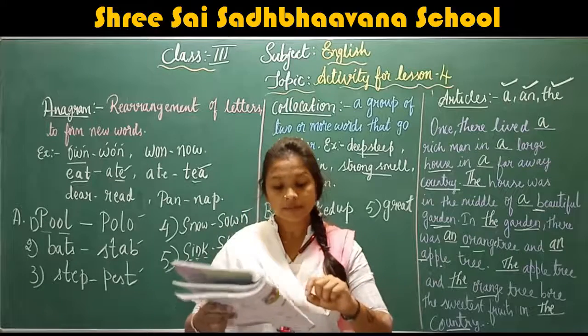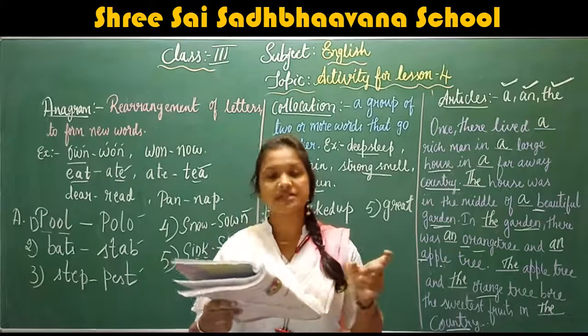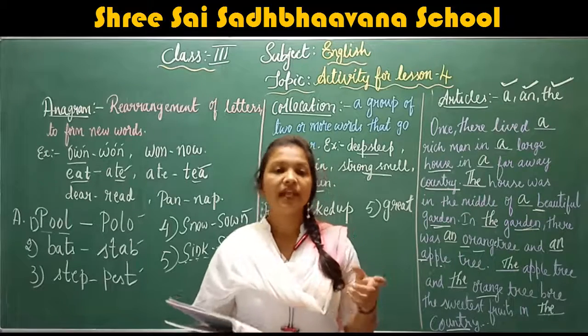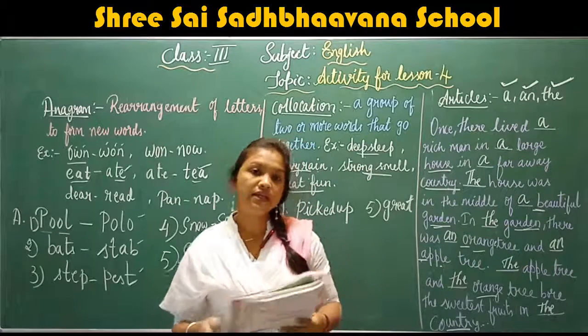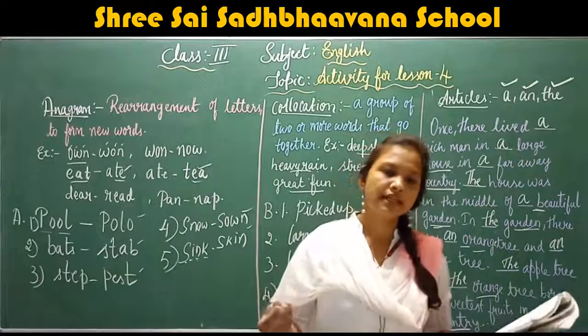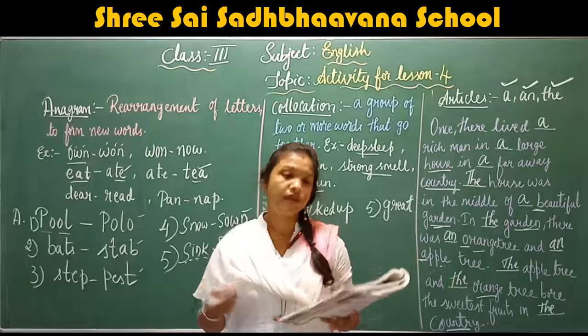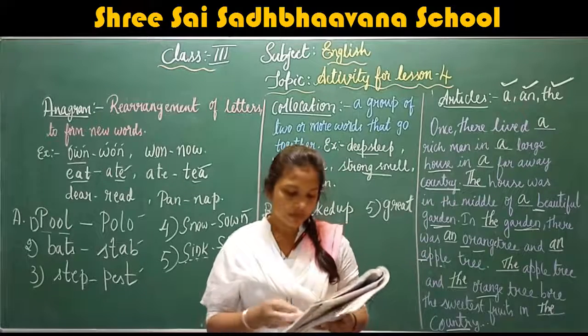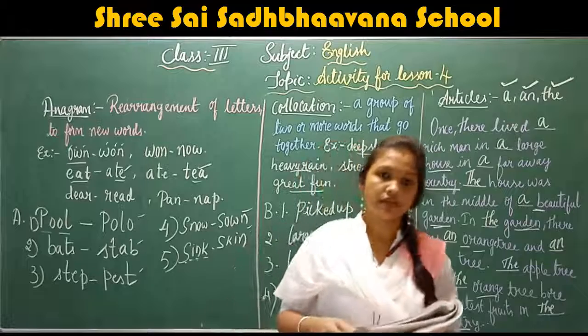So how do we have to start? Once upon a time there was an ant living near the river bank. One day it felt thirsty and it went near the river bank to drink water. Accidentally it fell in water. We have to expand the story. So I hope you will do this activity.